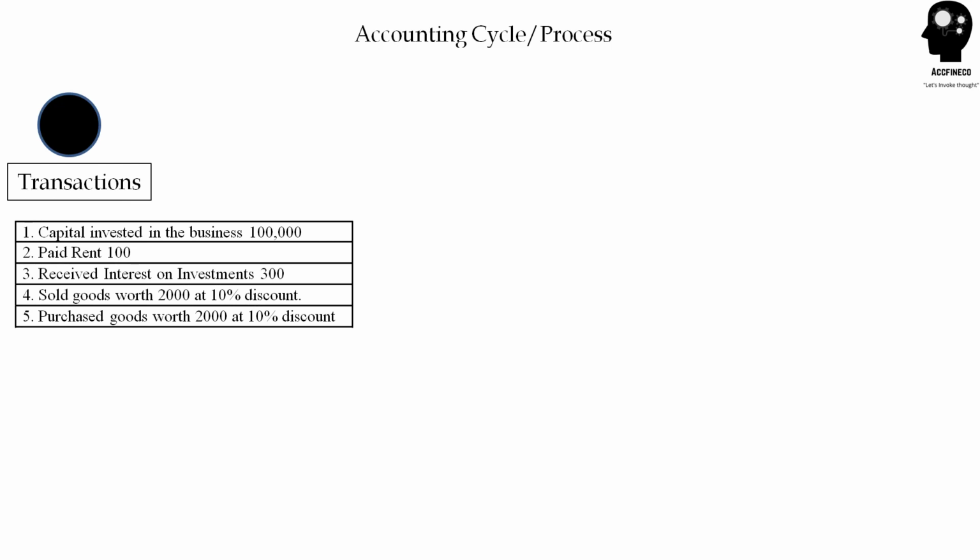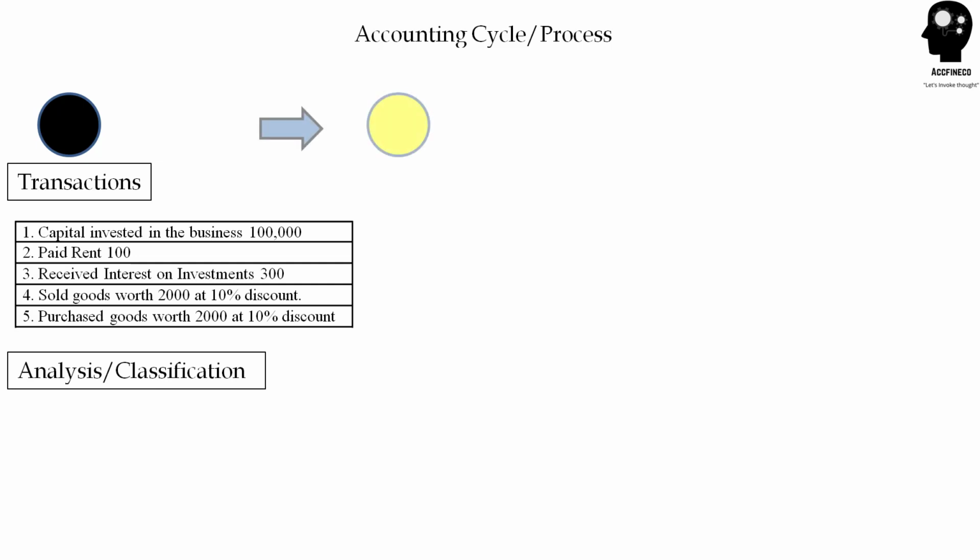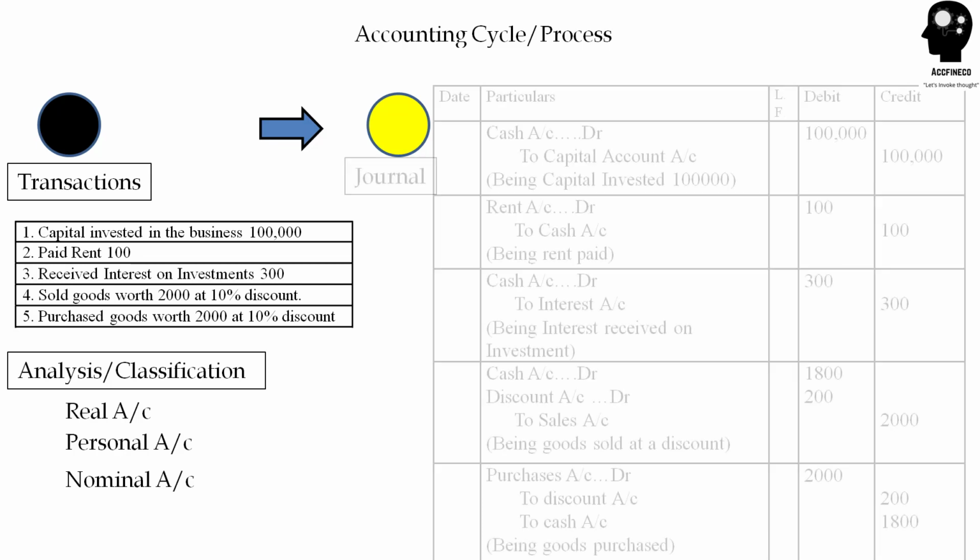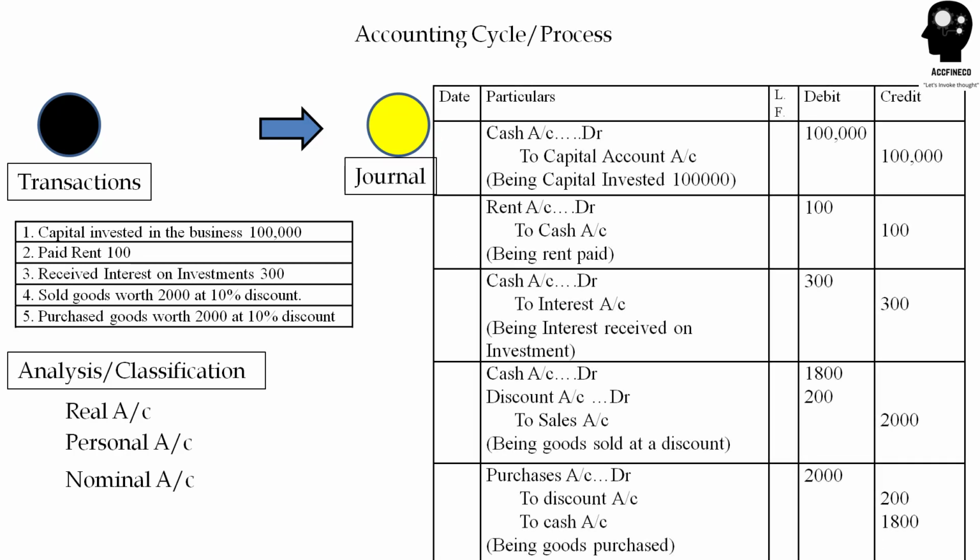For accounting to start, we require either the give or take of money, that is the transactions. Previously, we went through these 5 transactions. Let's carry on with the same. We analyzed them and classified them under real, personal or nominal accounts. Then what did we do next? Yes, we passed the transactions in the very first book of entry, that is the journal. Do visit the previous session again. Our transactions have entered the accounting cycle.